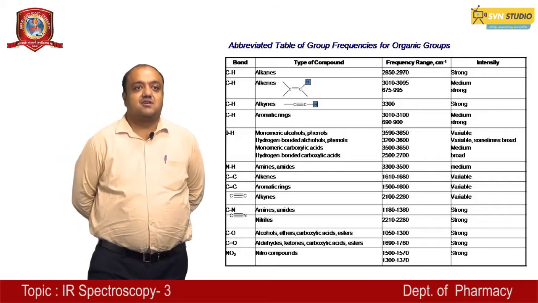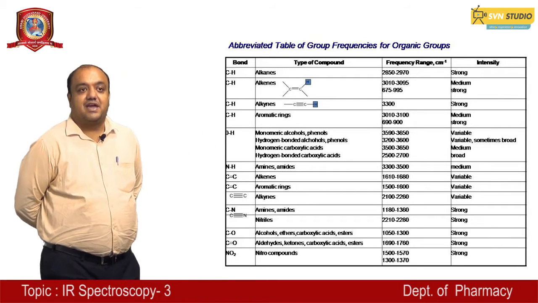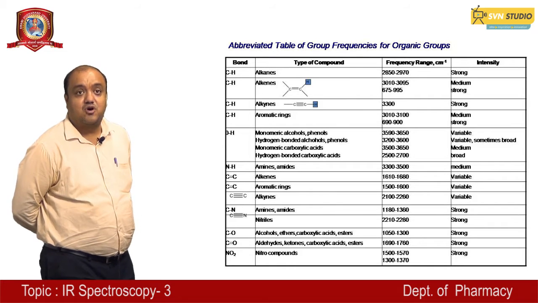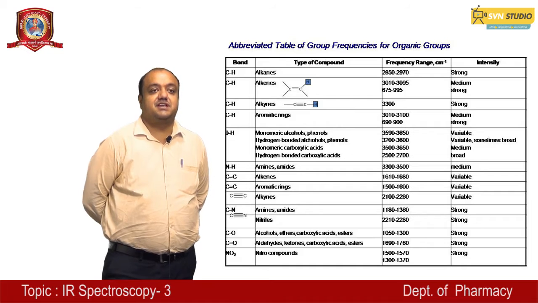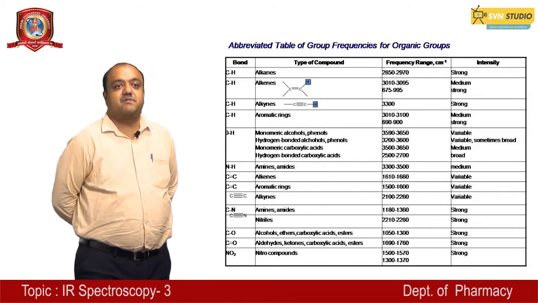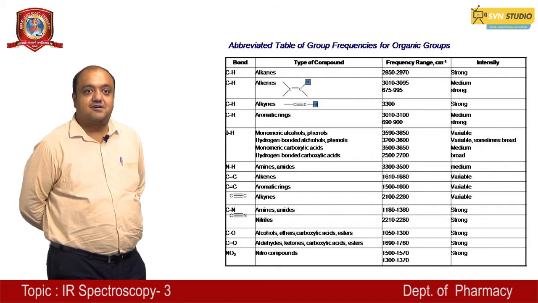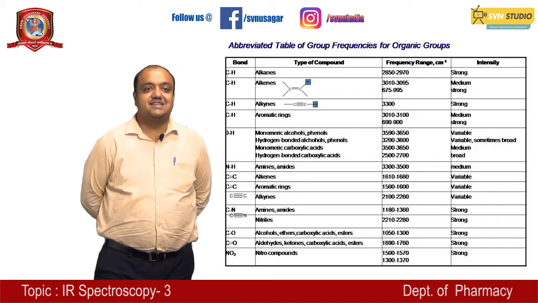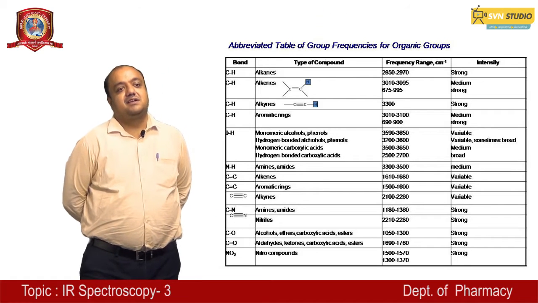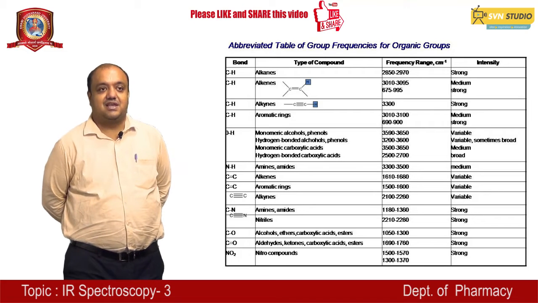These are the functional groups and their absorptions, like alkanes, C-H bond, with an absorption frequency range of 2850 to 2970 centimeter inverse, and it gives a strong intensity peak, which I already discussed in previous lectures,